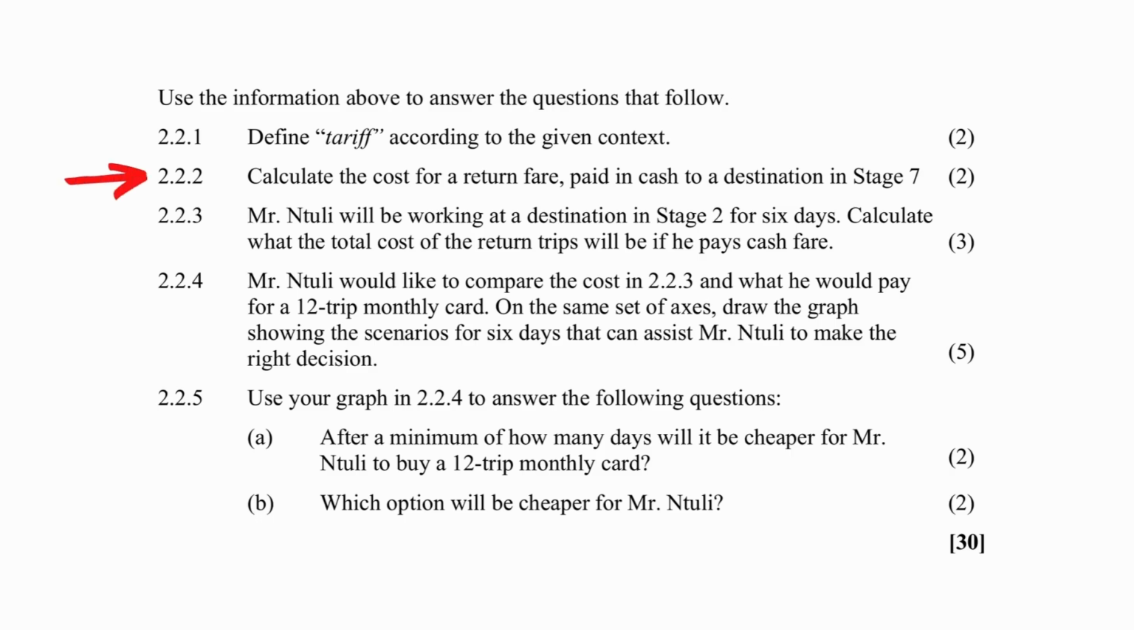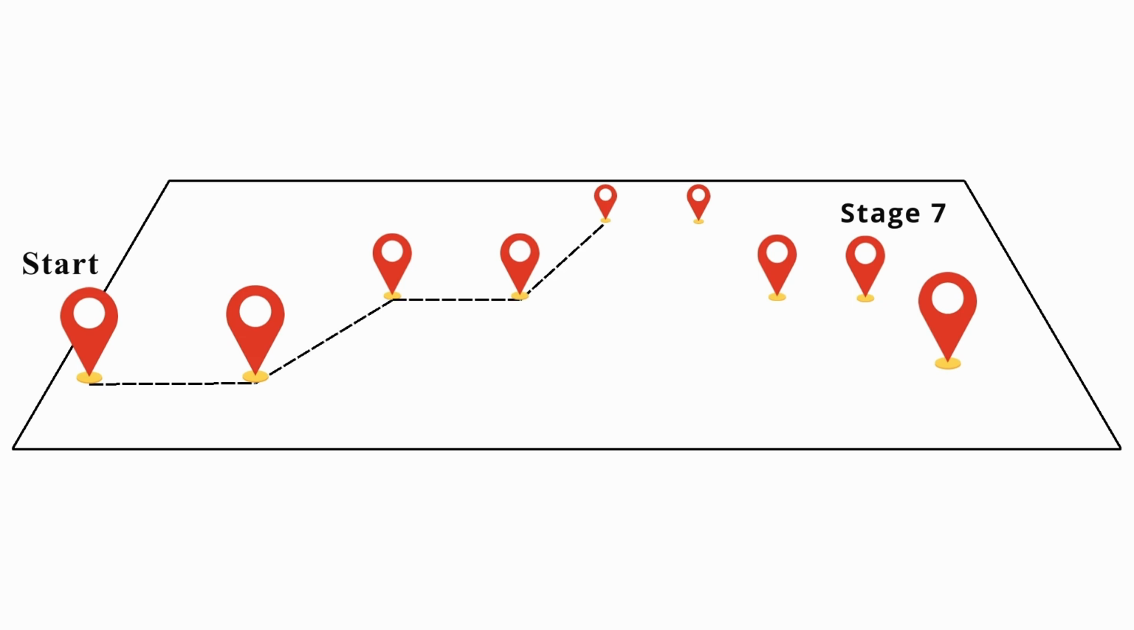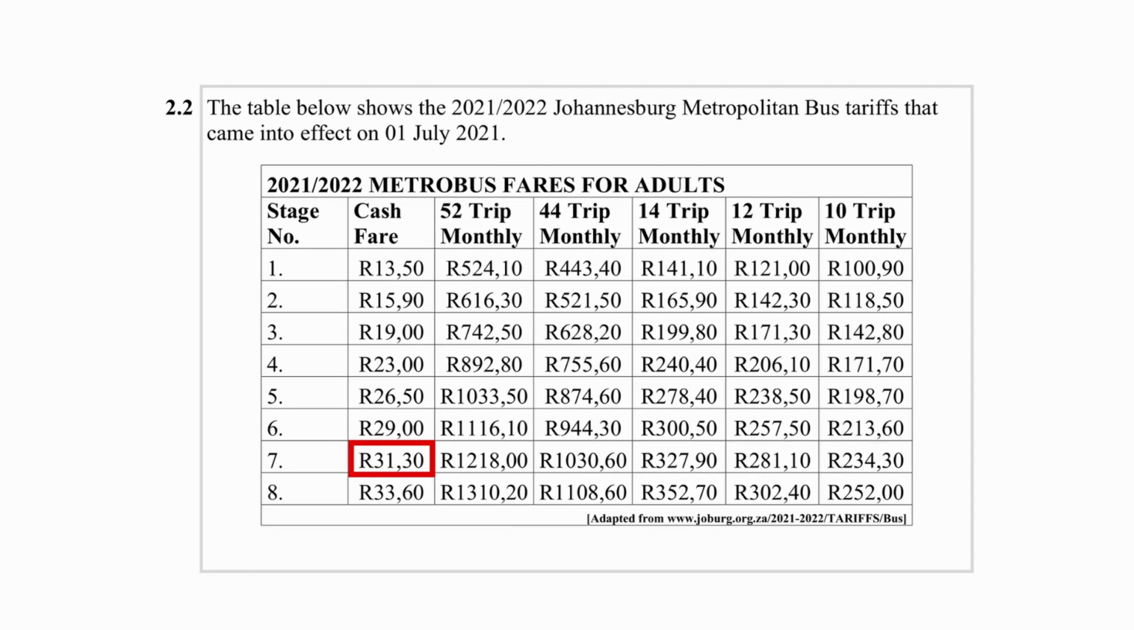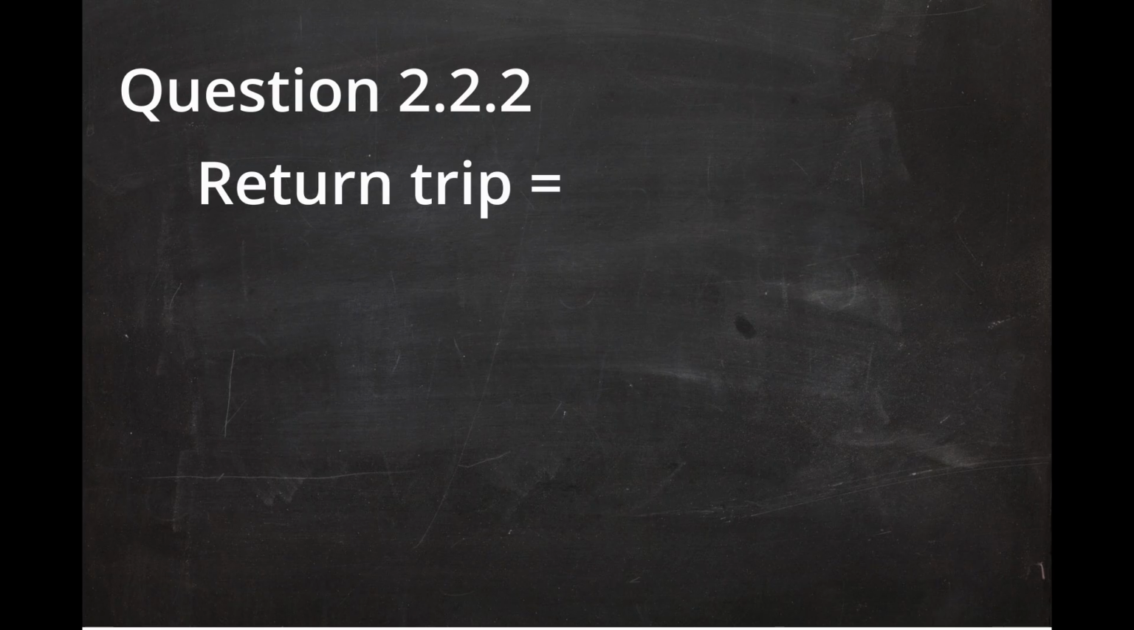Question 2.2.2 instructs you to calculate the cost of a return fare paid in cash to a destination in stage 7. A return trip means a trip from the start location to stage 7 and then back from stage 7 to the start location. The cash fare to stage 7 is given as 31 Rand 30 cents. This is the cost of a one-way trip to stage 7. So a return trip will cost 31 Rand 30 cents times 2, and this gives us a cost of 62